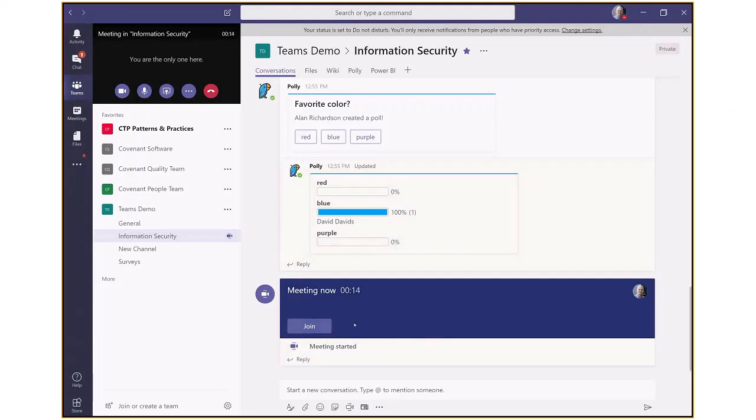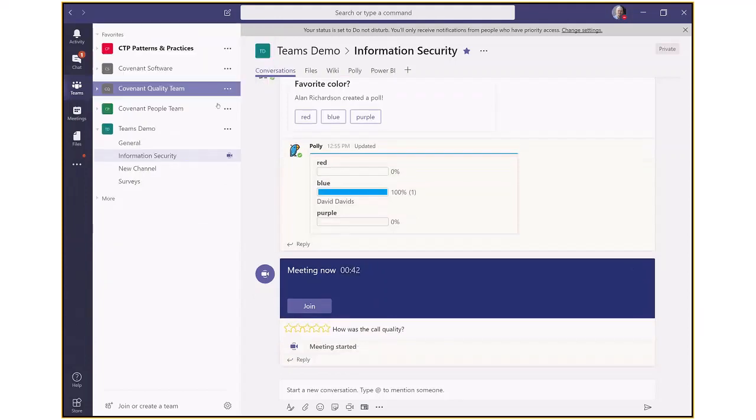They go back to their desk, they see that Alan and Bruce and Kevin are chatting about this stuff, and they can just hop on the meeting. I can record that meeting as it's going on. And what'll happen, and this is really cool stuff, is the recording of the meeting isn't added to some mysterious location up in Stream that is unrelated to this team. That recording will actually get put straight into